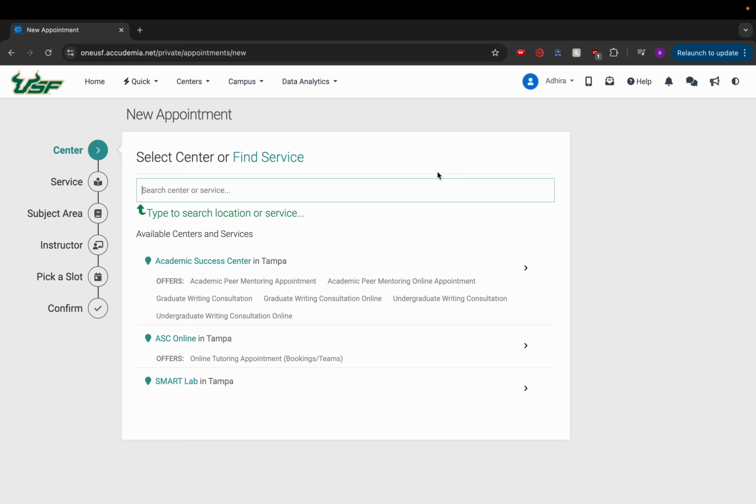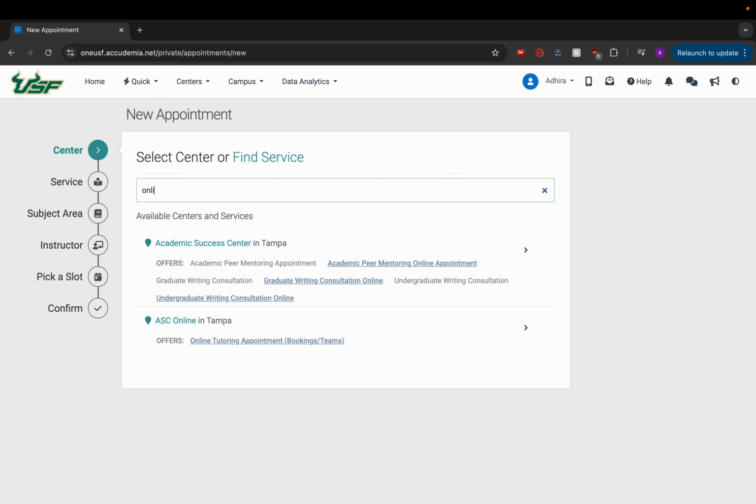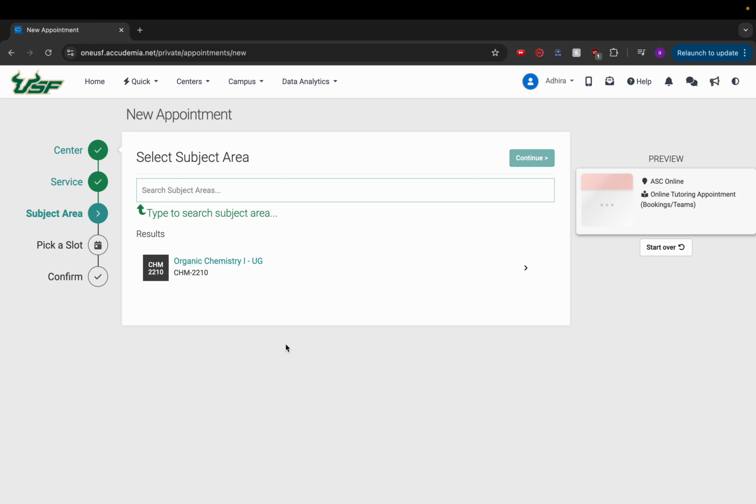And because we want an online appointment, I'm just going to search online. And you can see here ASC Online in Tampa at the bottom. You can book an online tutoring appointment. So we're going to click on that and say I want tutoring in organic chemistry because it's one of the classes I'm taking. It's going to show up whatever classes you're taking that we have a service for. It's going to show up here in the bottom. So you can click on that